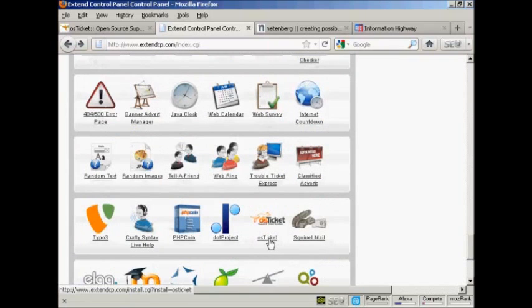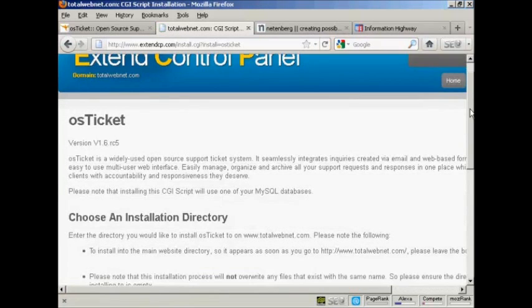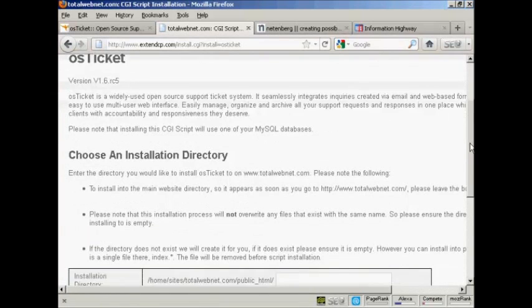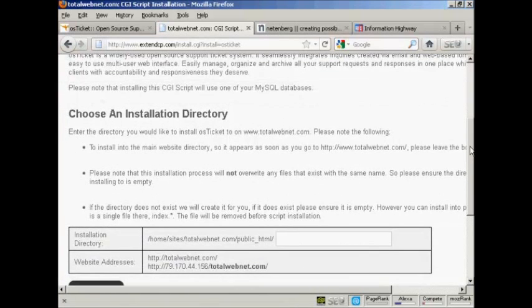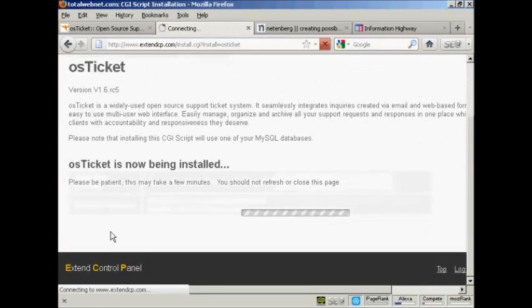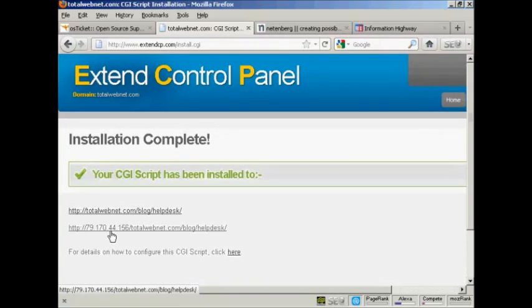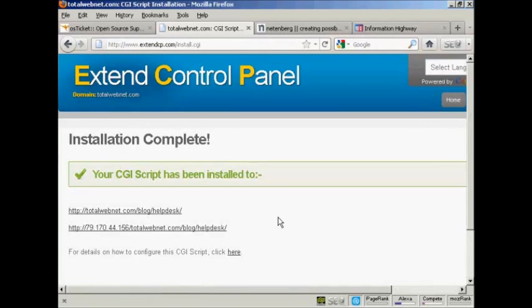Okay, first thing to do is to click on the link, and then we need to choose an installation directory. So I'm going to install this under blog and help desk, and then click on install now. As you say, this can take a few minutes. And there we go, it's now been installed,